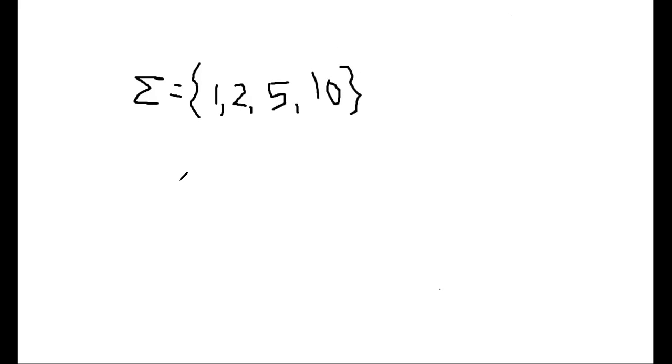Okay, so this is where we were. Sigma is your 1 rupee coin, 2 rupee coin, 5 rupee coin, 10 rupee coin. Yes, 4 inputs I am having. That is your sigma, that is your alphabet. Now your coffee vending machine, this is your initial state called Q0. Initial state is always indicated with Q0. Now one option is I will insert the 10 rupee coin.